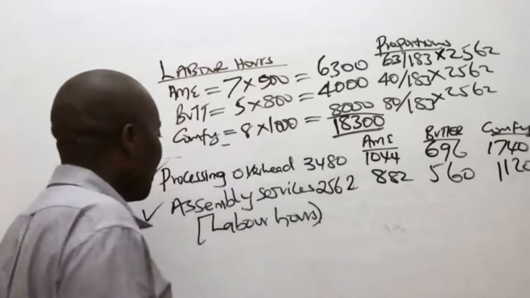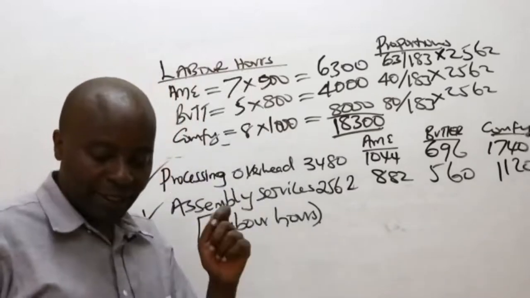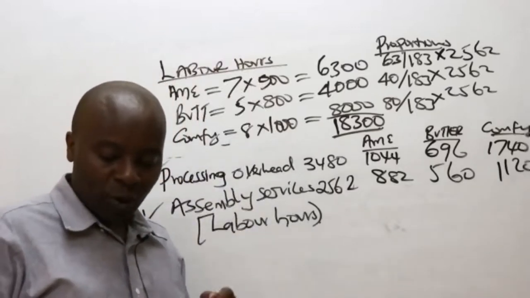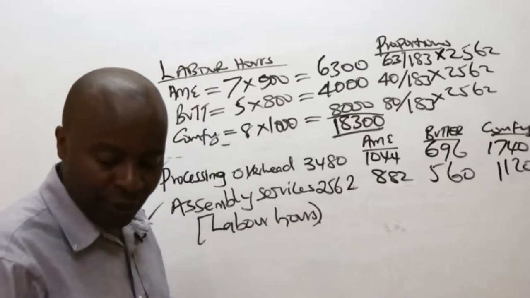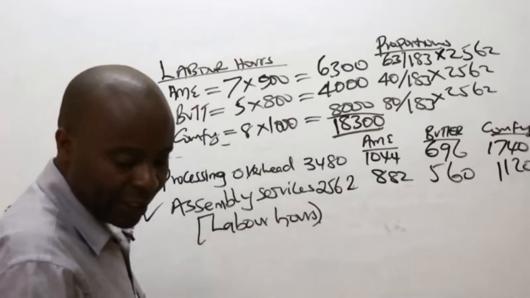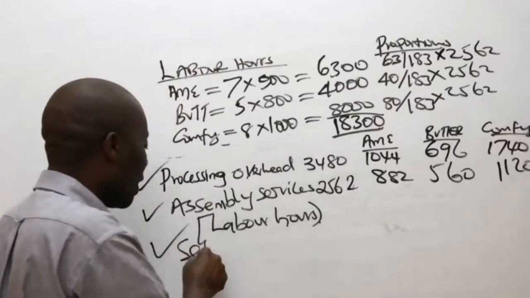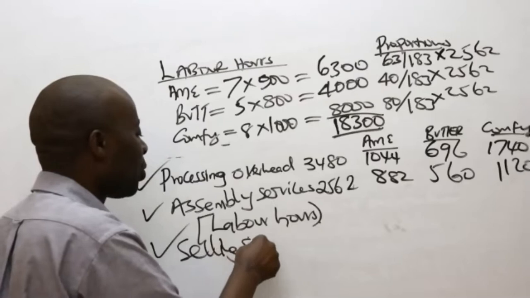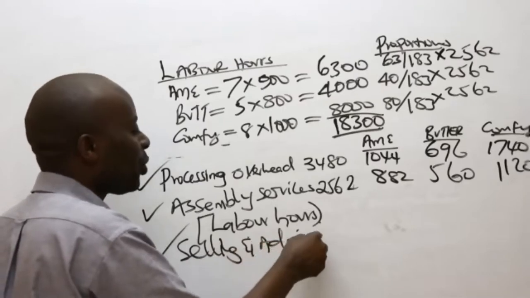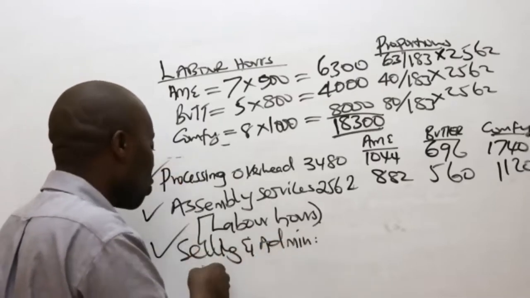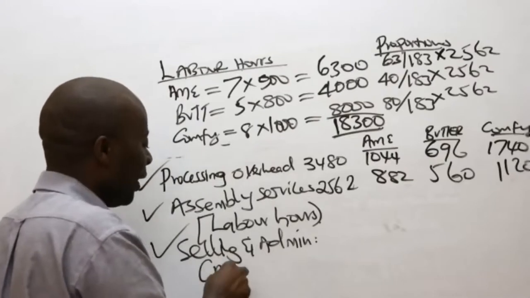Now, ladies and gentlemen, I would want to go to the last one first. I'll tell you why I would want to apportion the last one first before I do the third one. So the last one is selling and administration. Selling and administration, ladies and gentlemen, you're the ones who told me that I should use number of